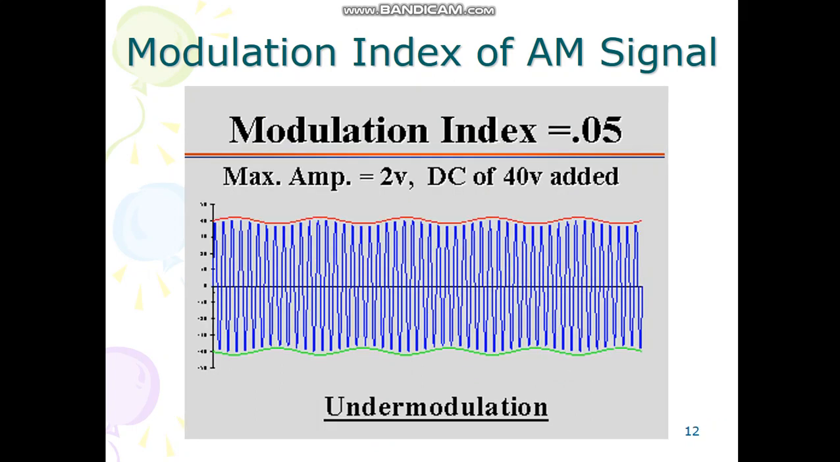The next one is under modulation. In this example we have a modulation index of 0.01, which is approximately equal to 0. If the modulation index is